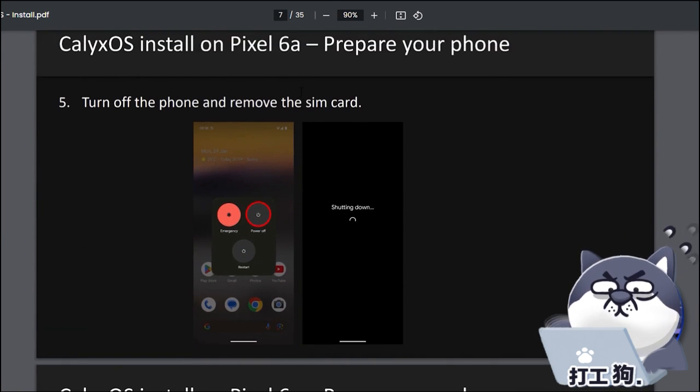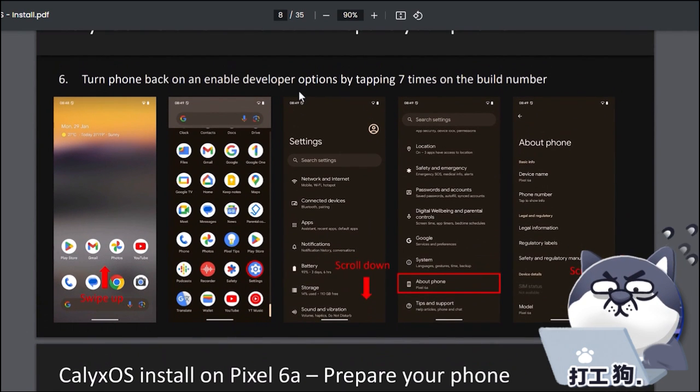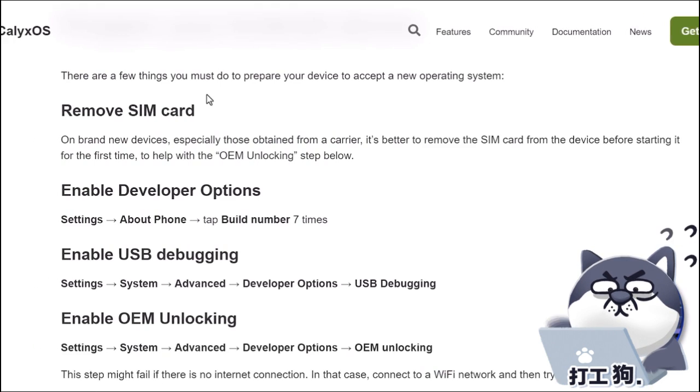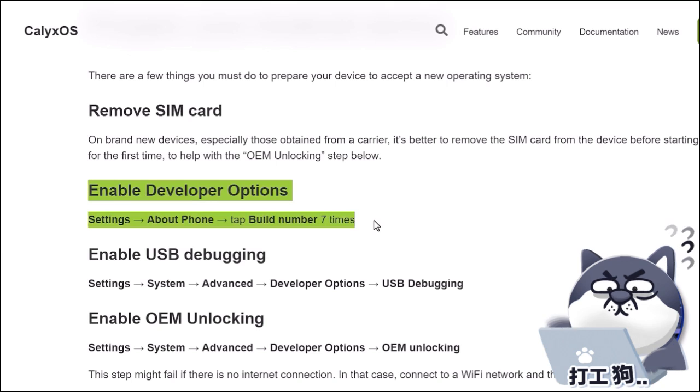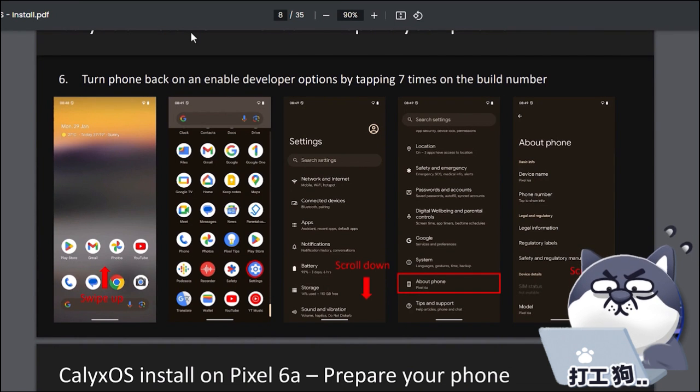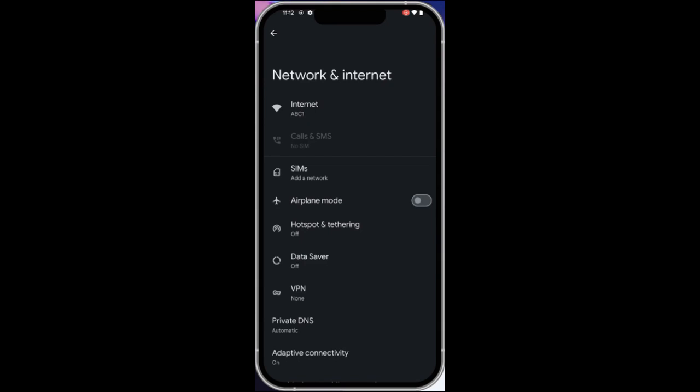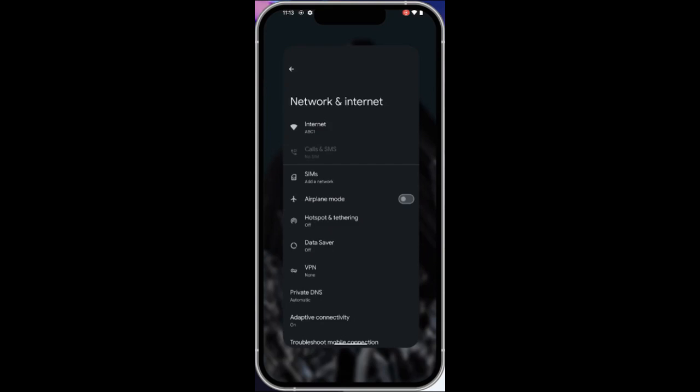As an example, turning your phone off and removing the SIM card as the first step, and then enabling options such as developer options. So that's a lot more detailed than they've got on the Calyx OS website. As an example, they just tell you to do this, enable developer options, but we're showing you visually how to do that. Again, I don't have a SIM card installed on this phone,